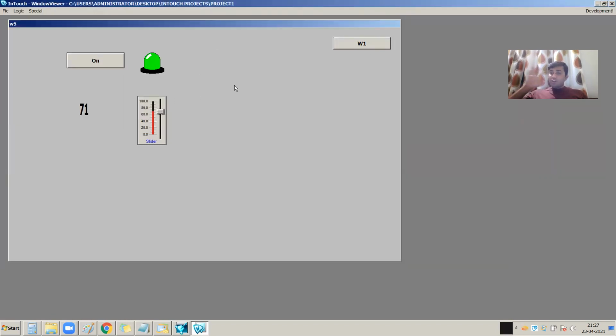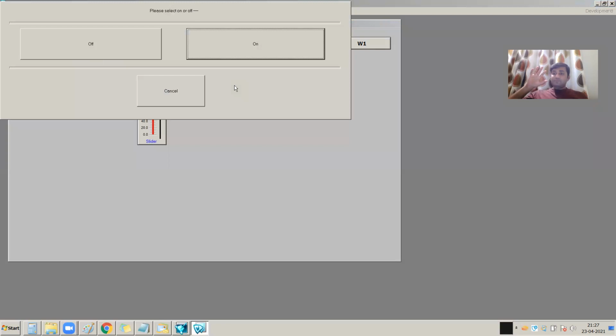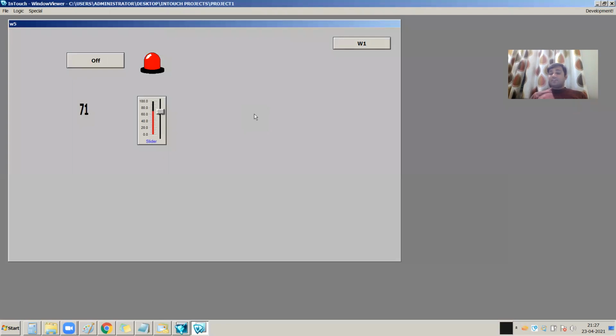But if I am not using my mouse and press 0 on my keyboard, see, one window will open. Like this way you can use key equivalent, user inputs, the digital input and analog input settings in IntelliSCADA.